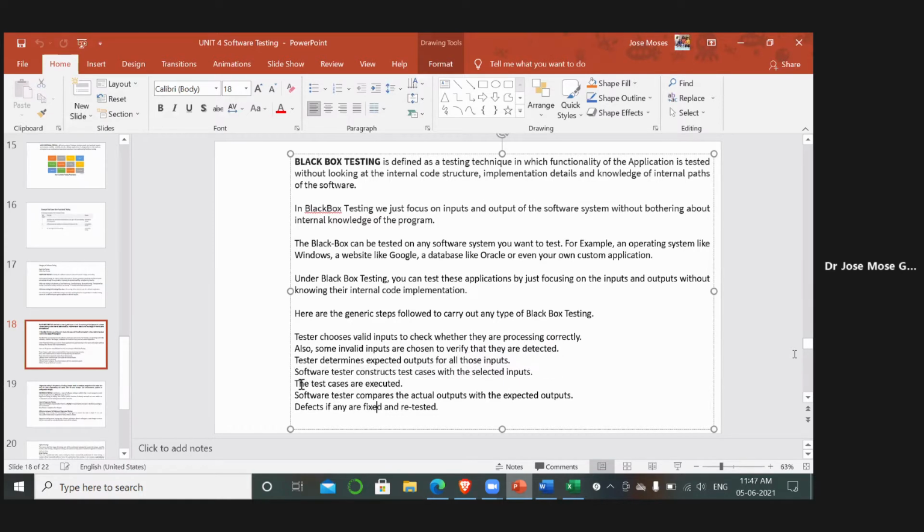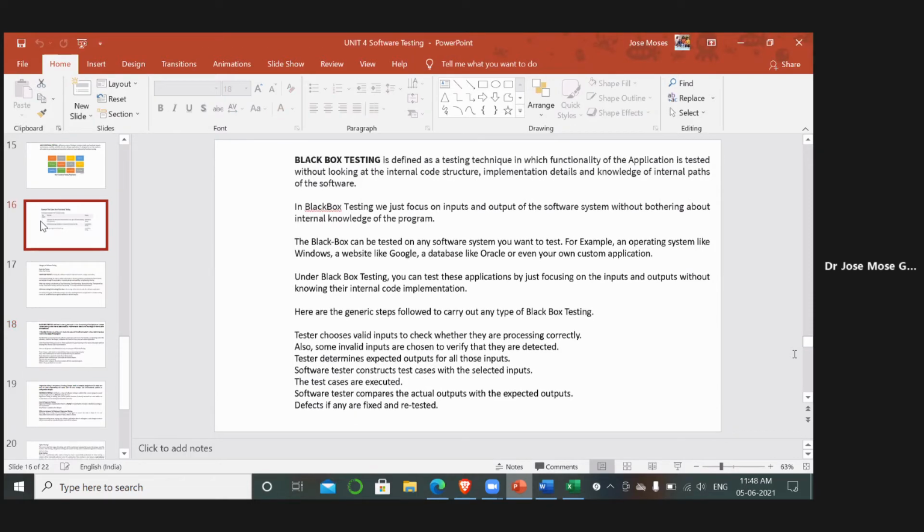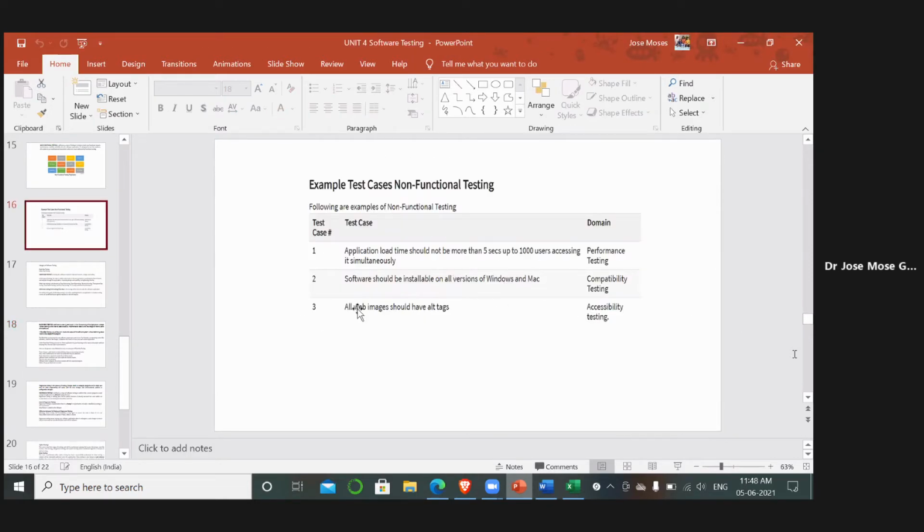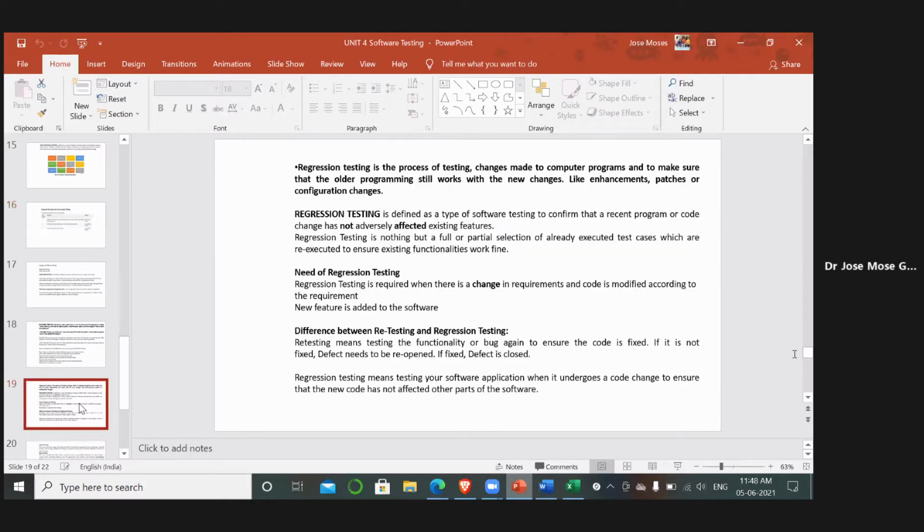Once all the test cases pass, it means there are no errors in your developed software. Once the test cases fail, you need to reprogram it, or else re-establish the software again. At that particular time, regression testing comes.